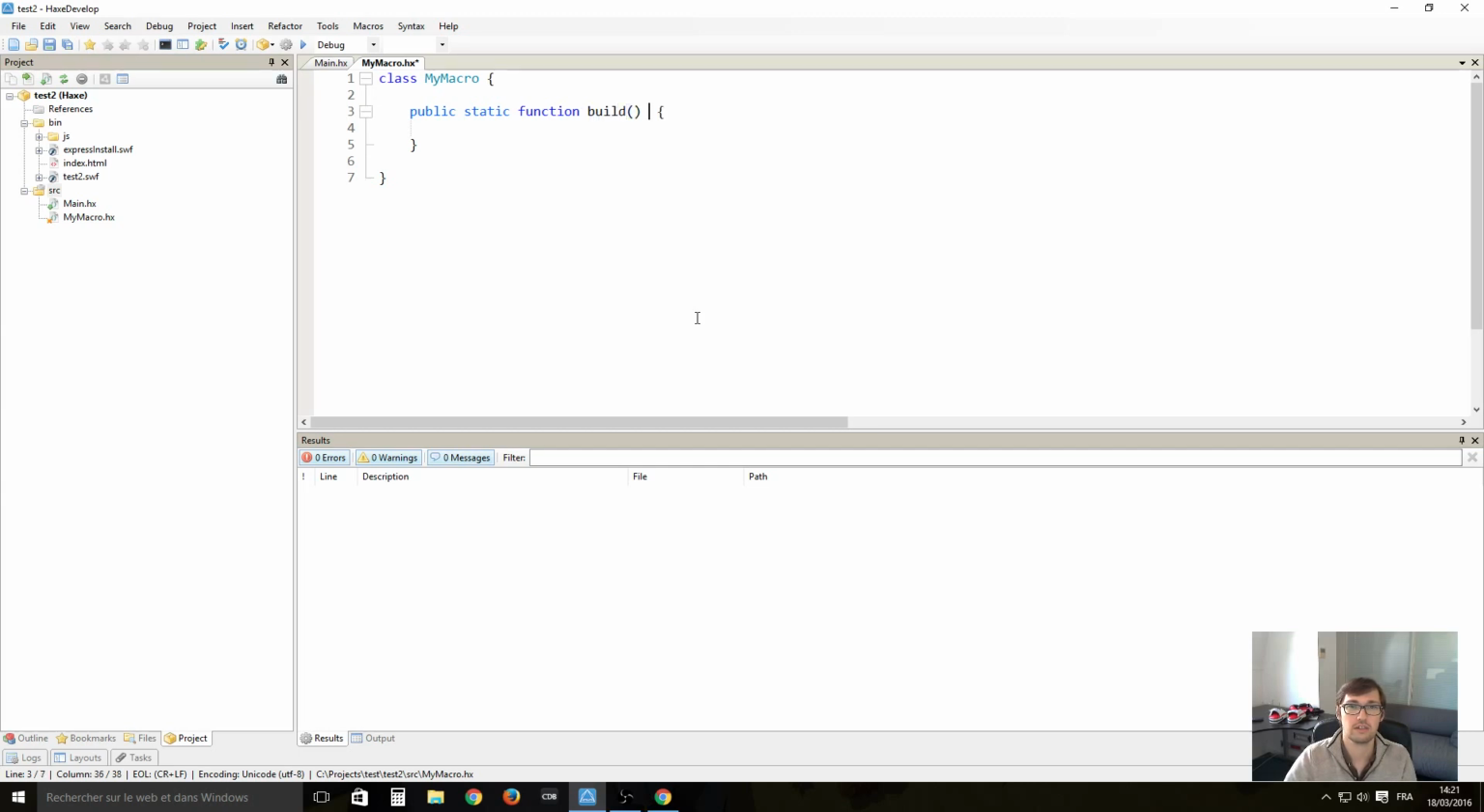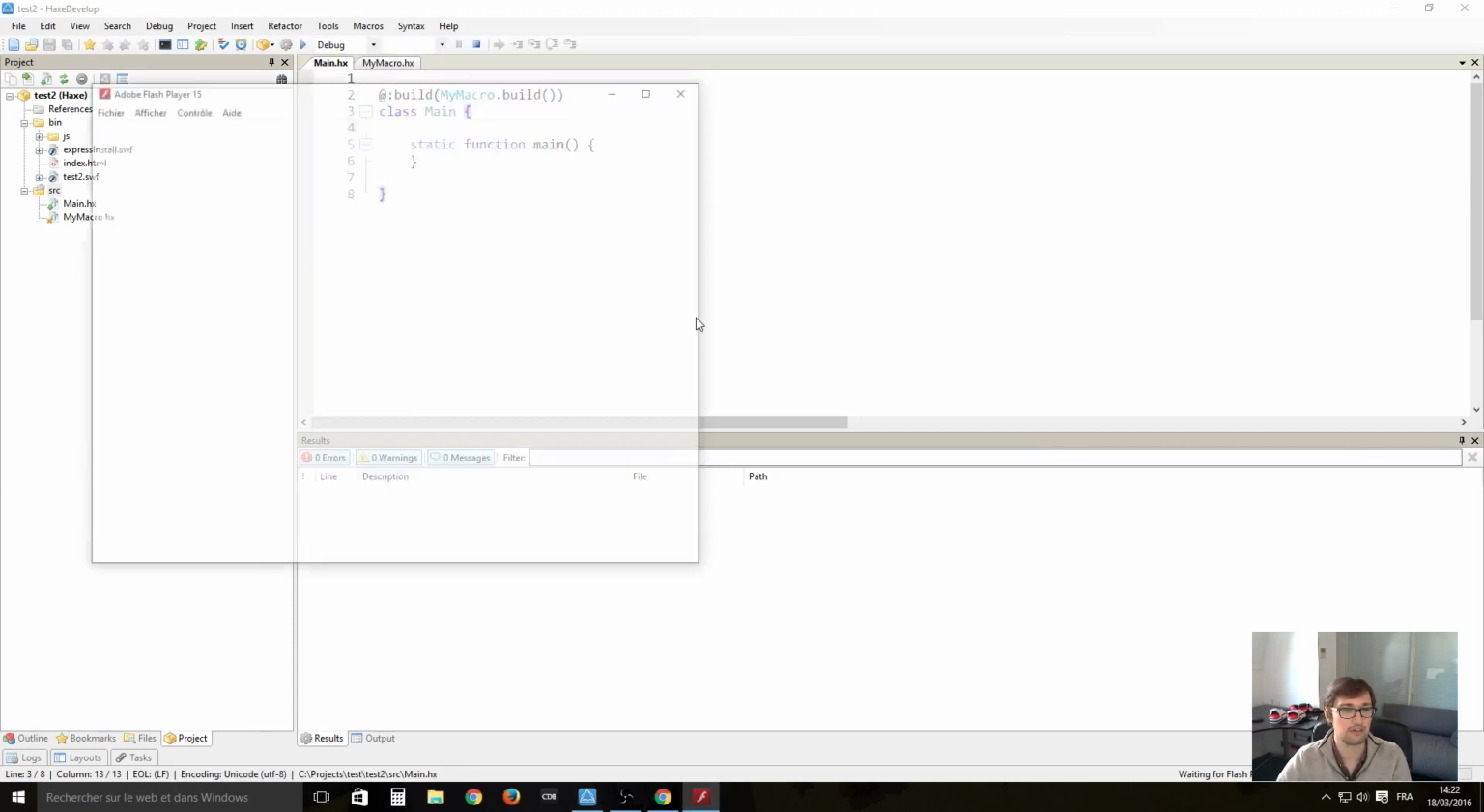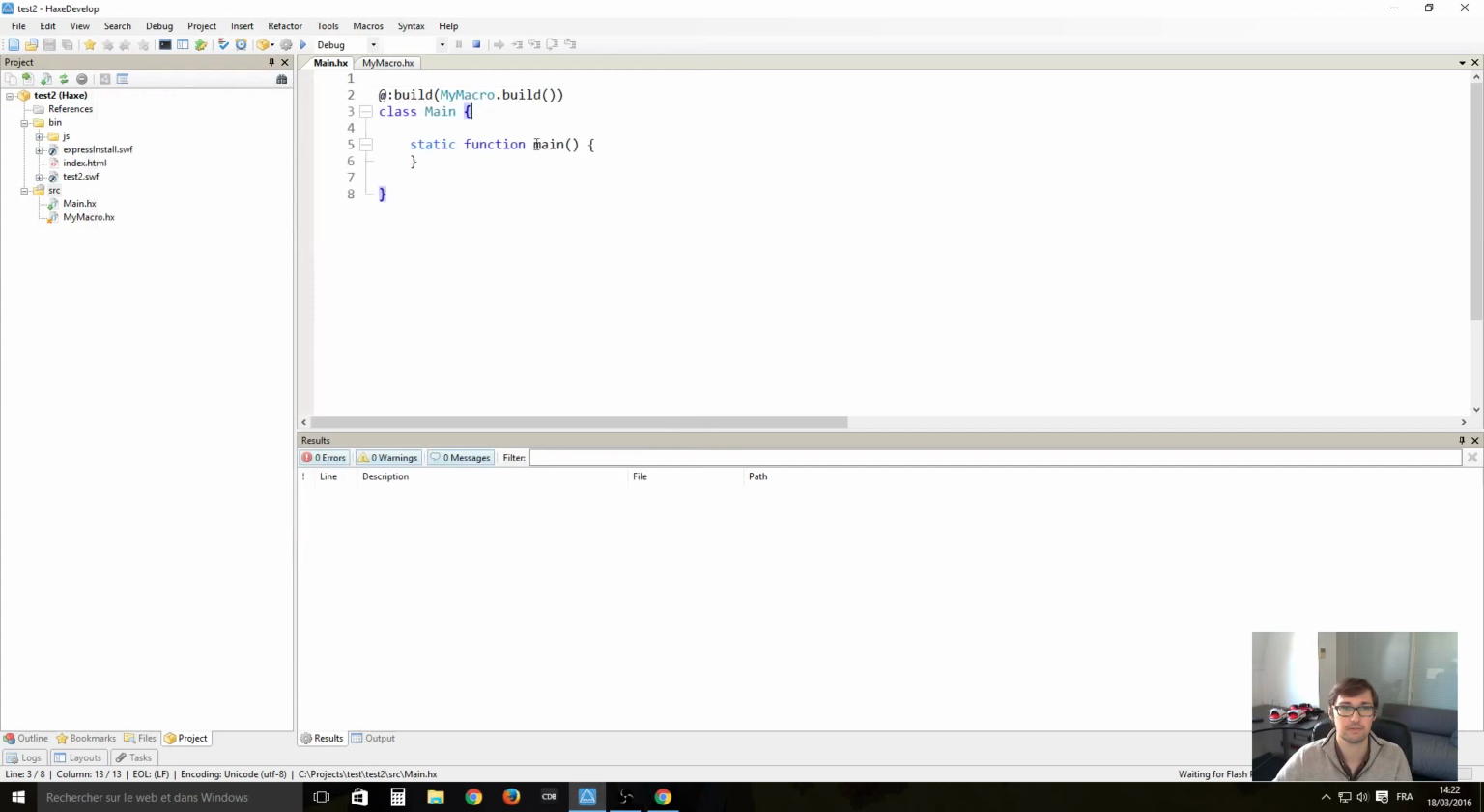Okay, and let's say right now it returns 0. Okay, if I compile and it runs, no problem. Okay, what does it do exactly? When